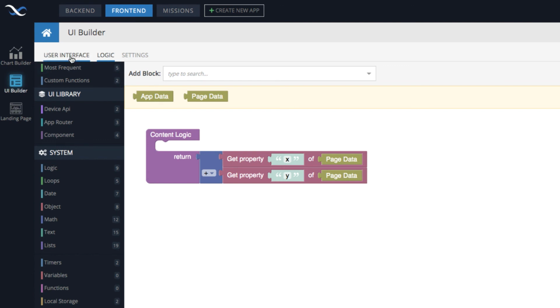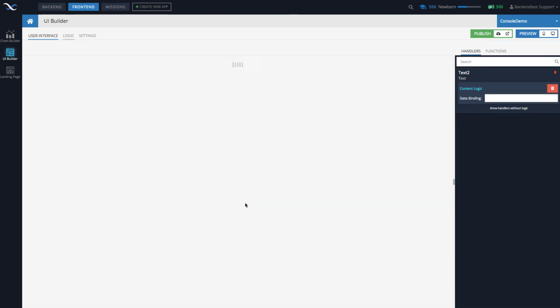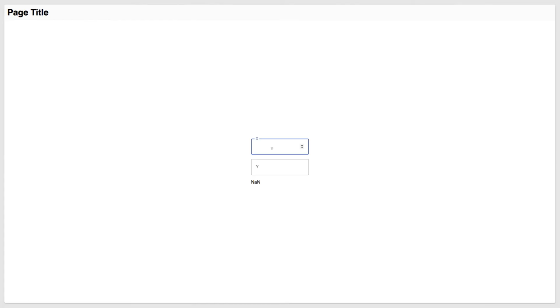So in this case, what we have is x and y use data binding to place the value of x and the value of y into the data model. And then for the label, we execute logic to do the addition. Notice that the data binding field is empty, but we have logic. And in UI Builder, if you provide logic, it always takes precedence over data binding. So even if I put any value into data binding, it will be ignored only because there is logic. Let's run this example and see how it works. If I put some numbers in here, let's put some simpler numbers like 5 plus 7. The result is 12. So that works instantly.